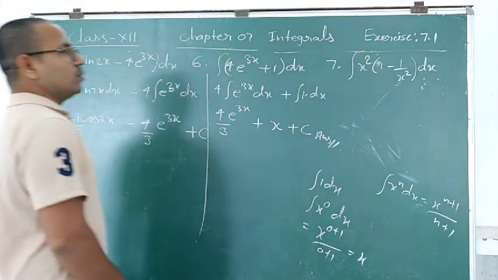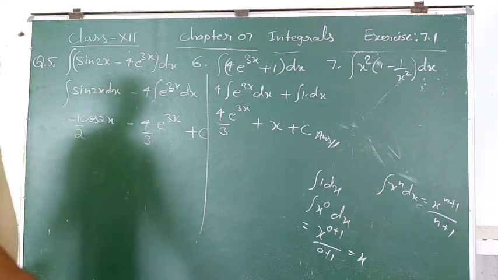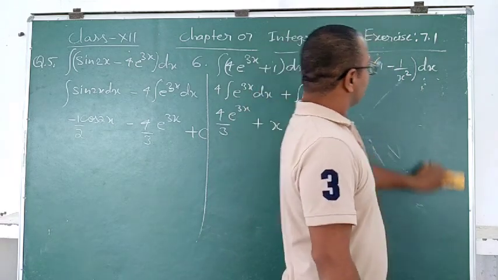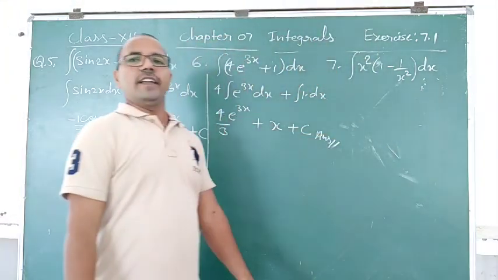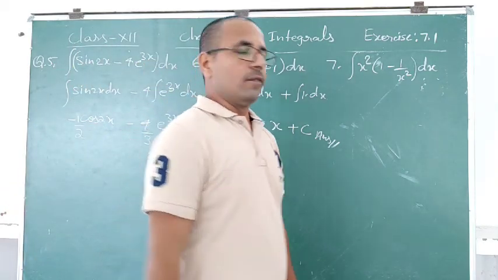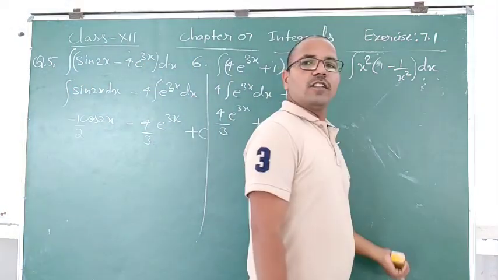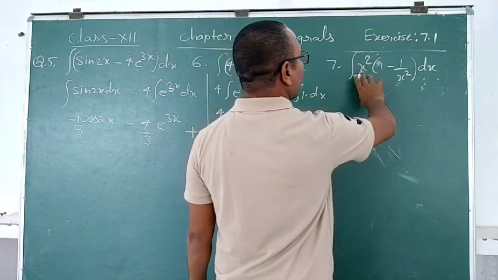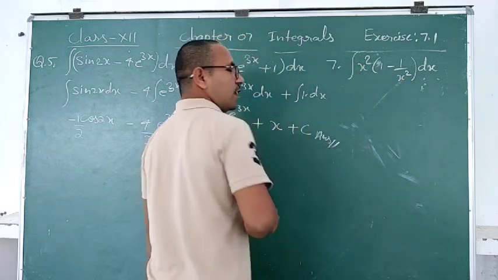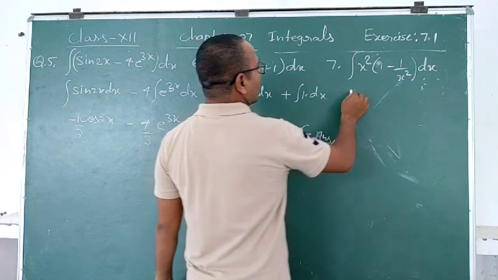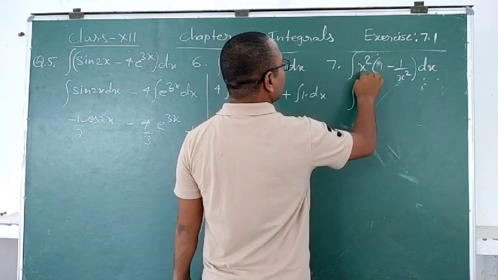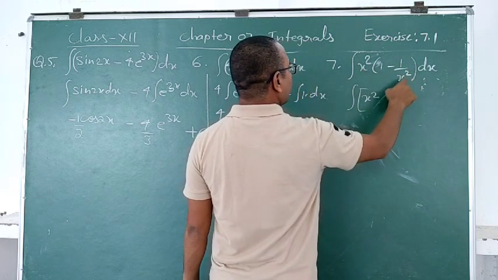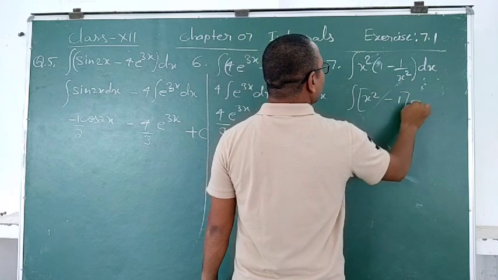Clear students? So now students we will solve question number 7. In question number 7, we do not know the product of integrals. We do not know the formula for numerators upon denominators in terms of integrals. So what do we have to do here? We have to multiply and solve it first. Then we will use the integral at the last moment. So first multiply it here, integral. Multiply with this term. How much do you get? x square. Now again multiply with this term. x square upon x square can be cancelled. So you will get 1 into dx.